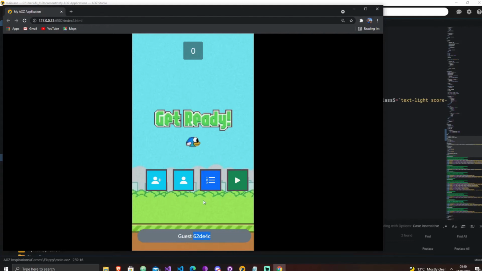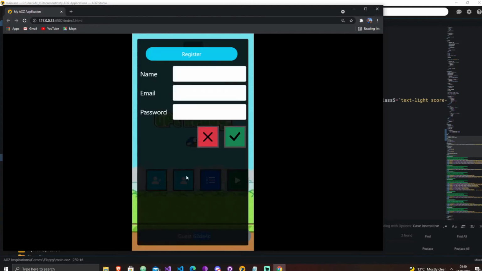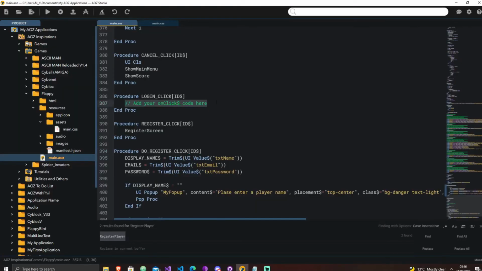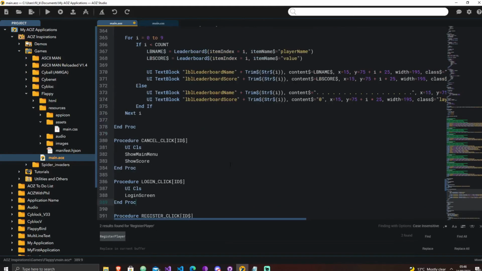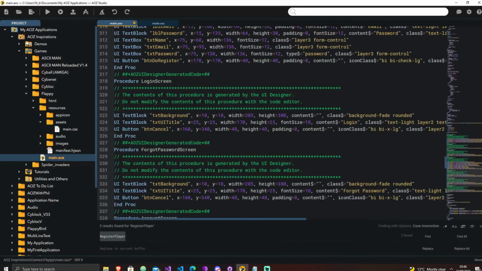So if we're already registered, we need a way to log in. This is why we've got this login button, which doesn't do anything just yet. So in the login click button, we can do a UI CLS to clear off the user interface. Then want to show the login screen. And then in the login screen,